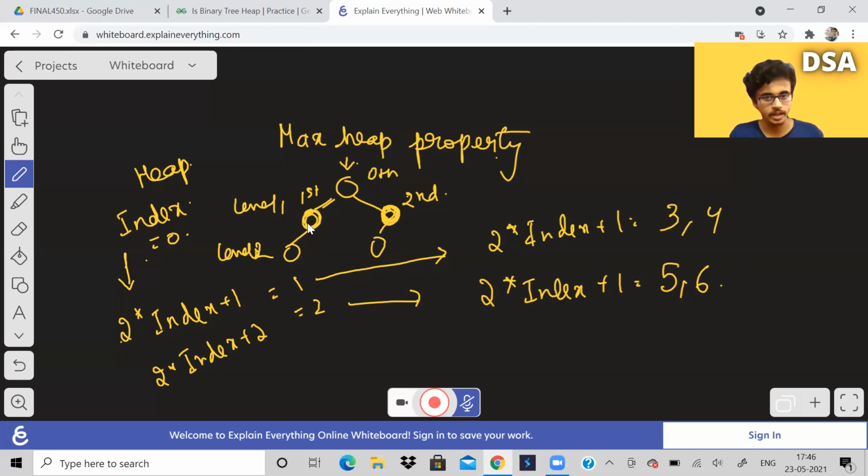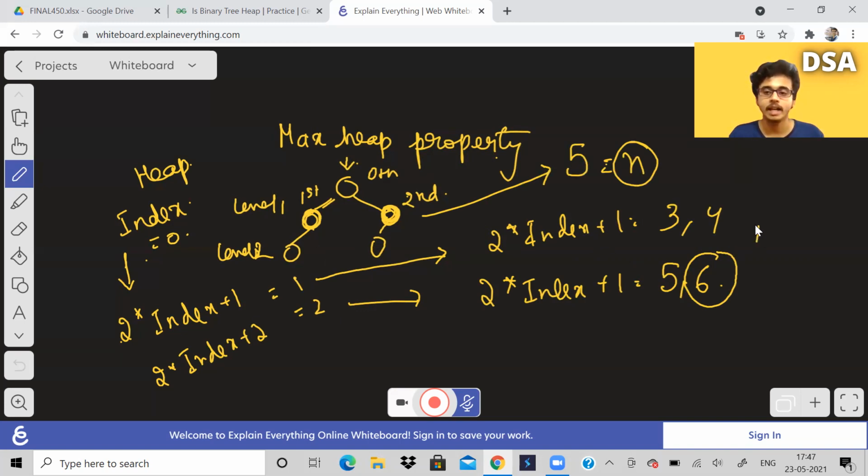How many nodes are over here in this binary tree? 5 nodes are there. So n is equal to 5. We can observe that n is equal to 5, but our index value will take the value of 6 also.